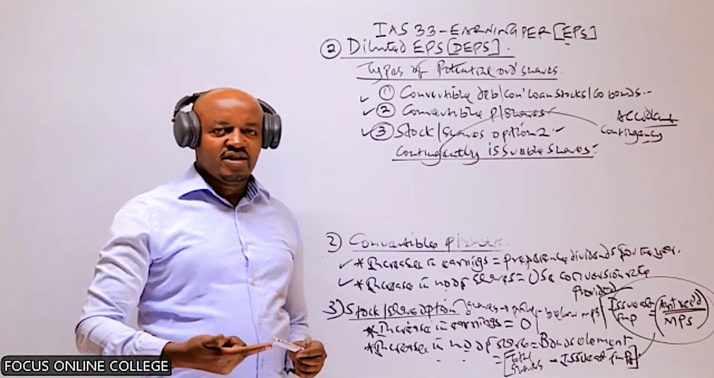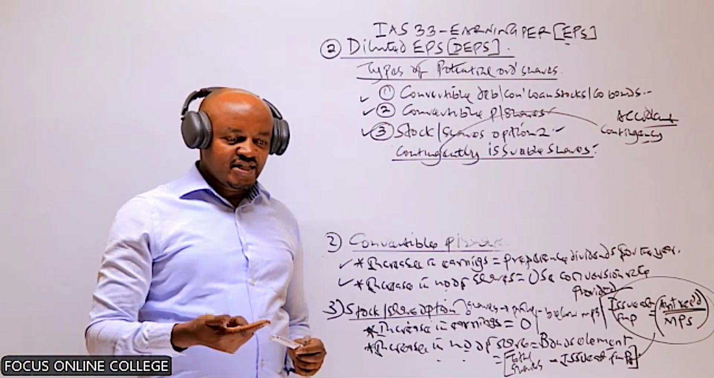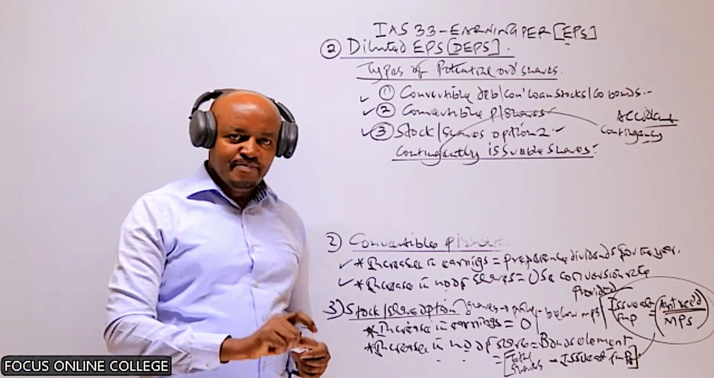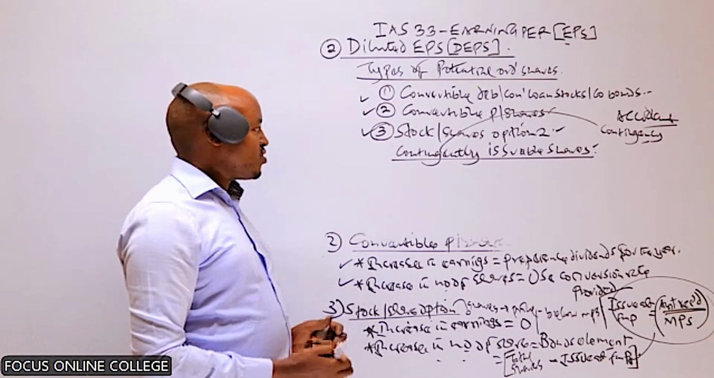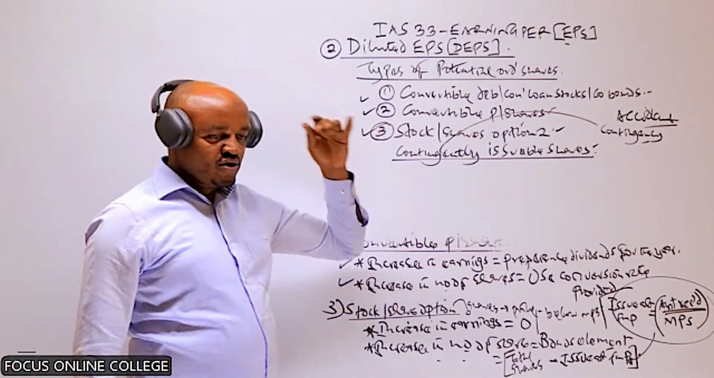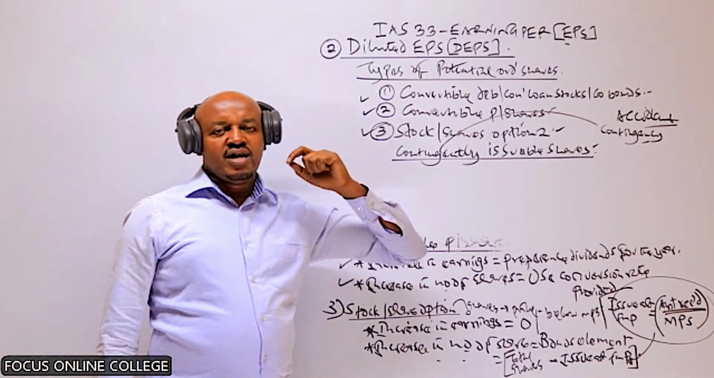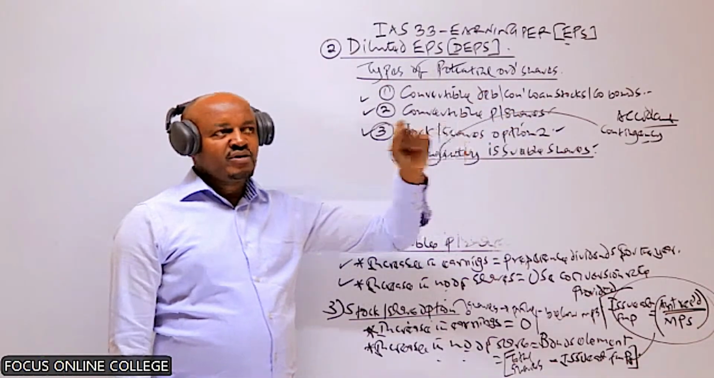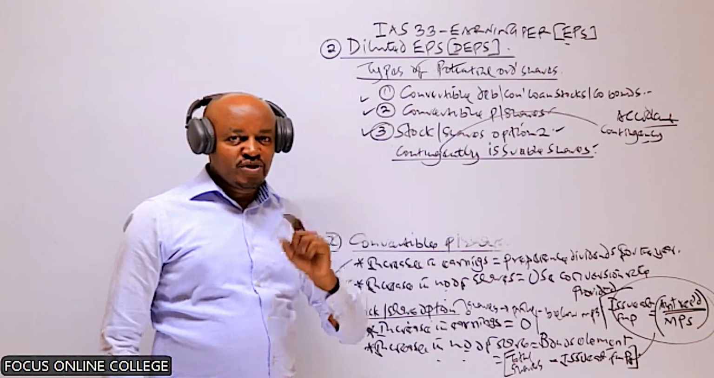Automatically, we're going to start with Roman 1 of that particular question. And in Roman 1, we are required to compute the BEPS, basic earnings per share, for the year which ended 31st of December 2023. The basic earnings per share for the year which ended 31st of December 2023